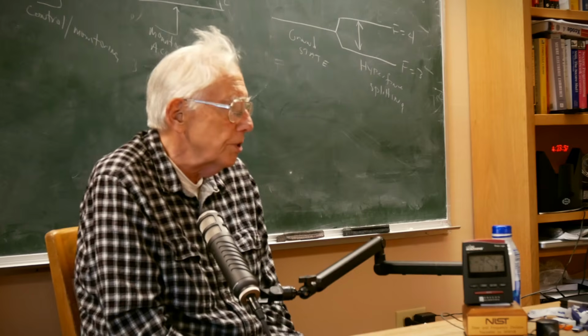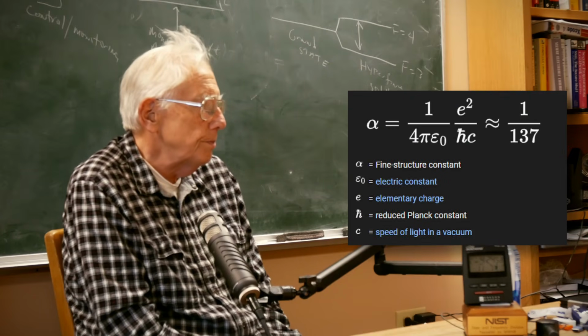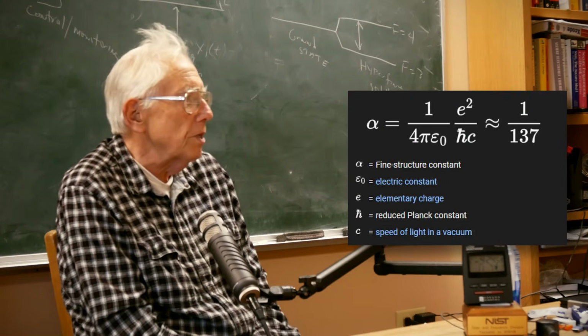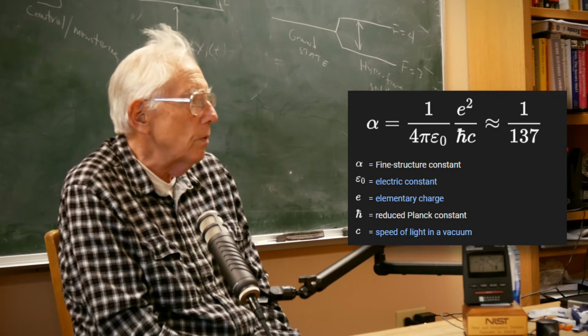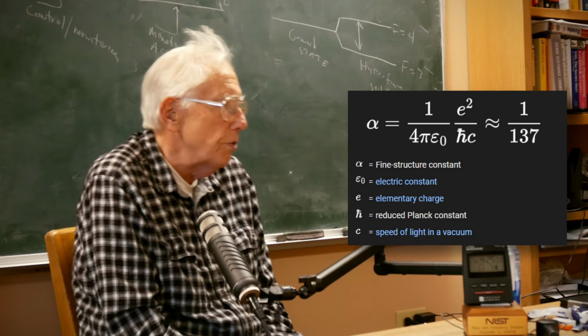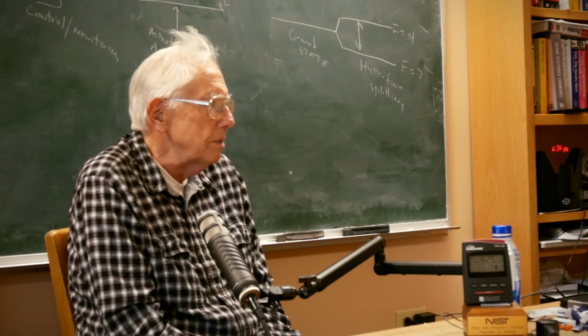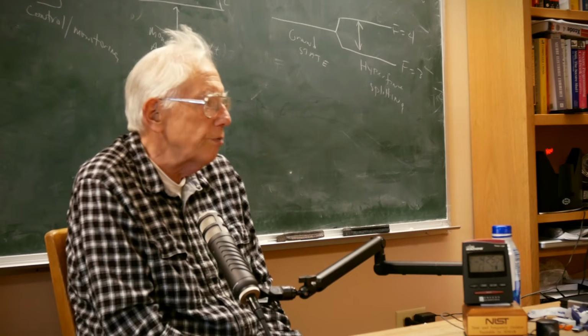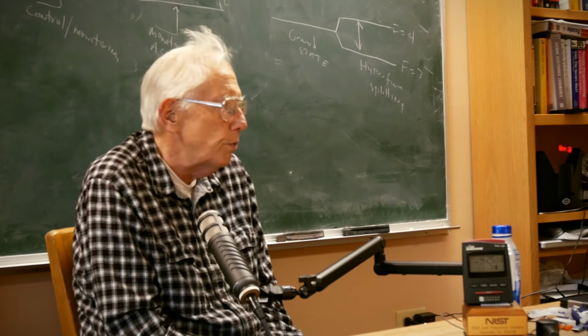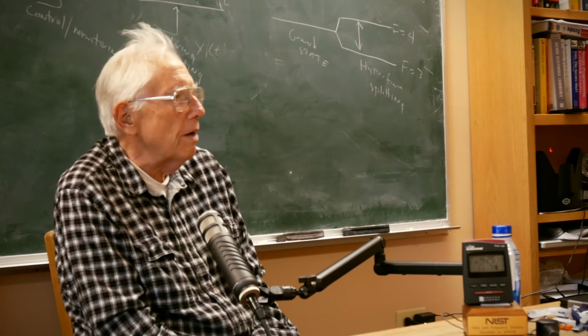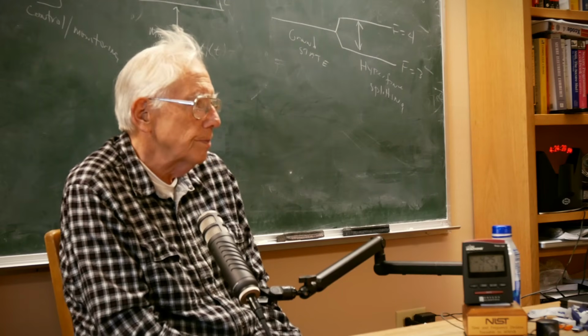There's a thing called the fine structure constant, which may be changing. The fine structure constant is a combination of atomic properties, which turns out to be a real number, 1 over 137. It turns out to be a well-known fraction, and maybe it's changing, maybe not. I mean, I don't know. The data are very poor. The data are very noisy. It's interesting that alpha was defined in a very kind of dirty experiment like that.